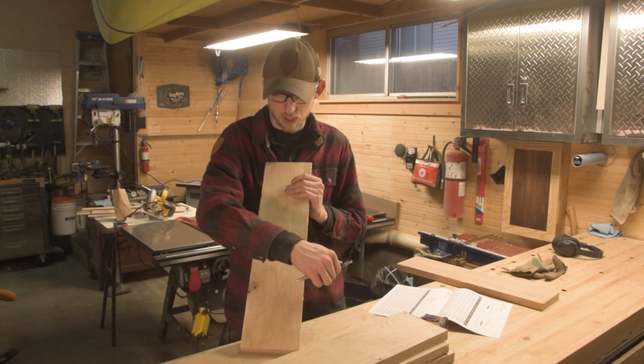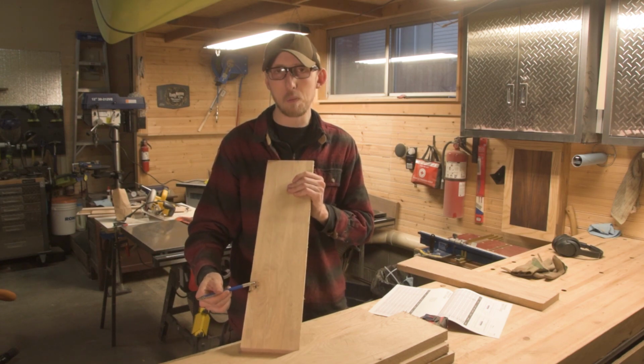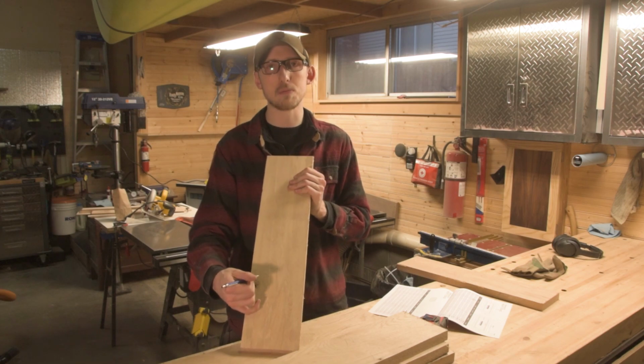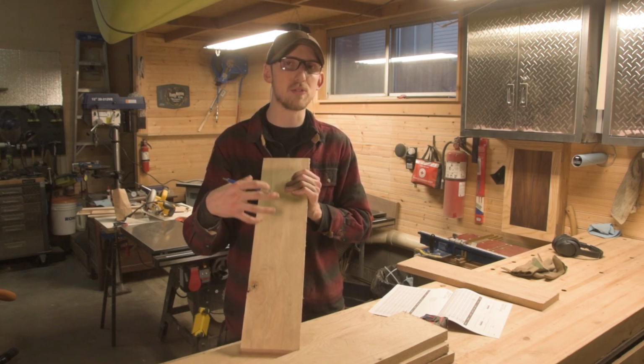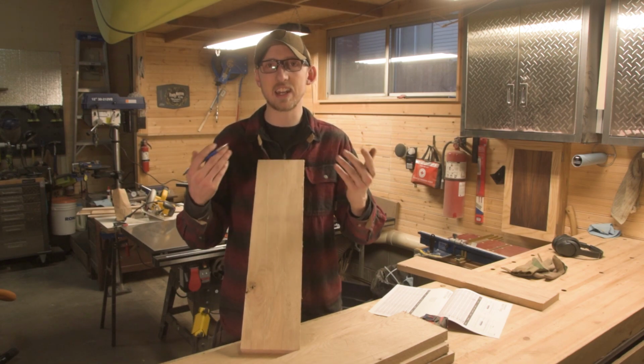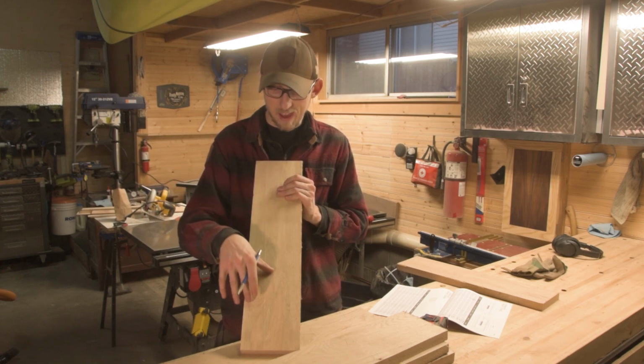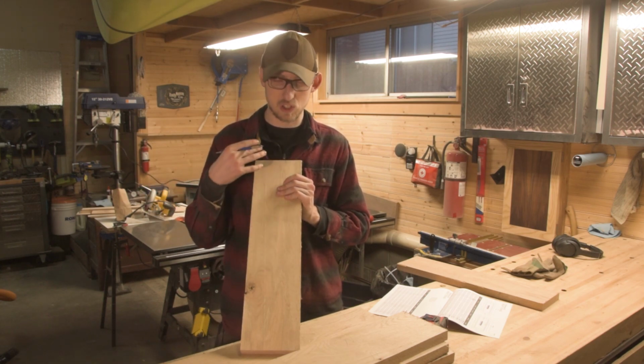So what I'm going to do is just work exactly like I said. I'm going to work from this side over, and I'm just going to hope that I get it close enough, or I get only a small portion of that knot included in the final piece that I'm going to be taking out of this. Again, this could very likely be one of those pieces where I say, oh well, it was a mistake, I shouldn't have used it. I'm going to go to my scrap pile and just find a piece that'll work to suit this length and